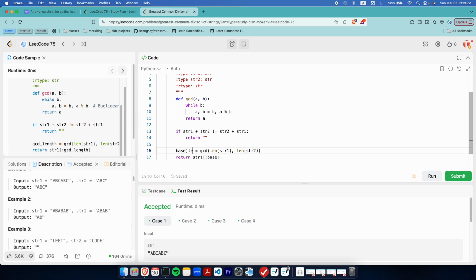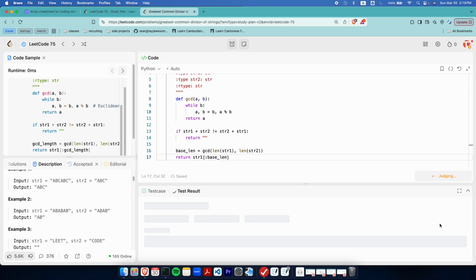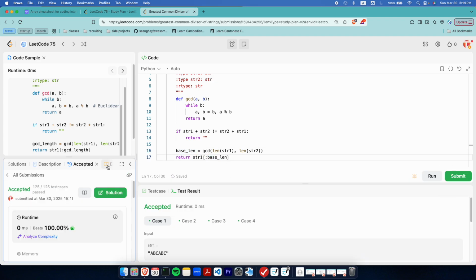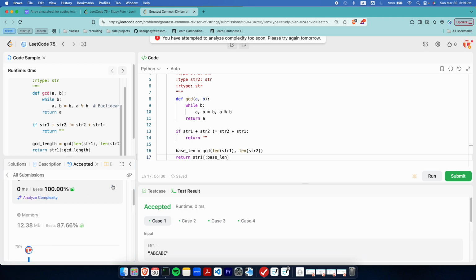We'll just call it length since technically in our case we're calling the base an actual string, which gives us a better result. This is actually O of